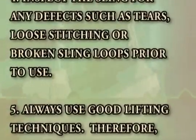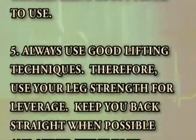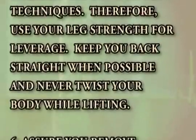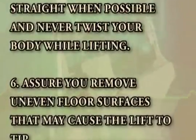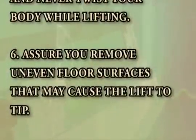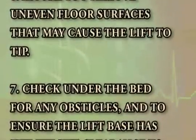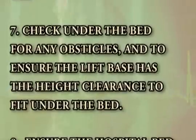5. Always use good lifting techniques. Therefore, use your leg strength for leverage. Keep your back straight when possible and never twist your body while lifting. 6. Ensure you remove uneven floor surfaces that may cause the lift to tip. 7. Check under the beds for any obstacles and ensure the lift base has the height clearance to fit under